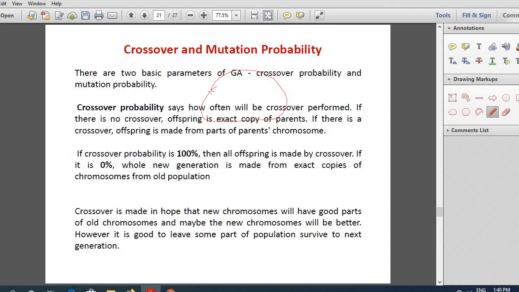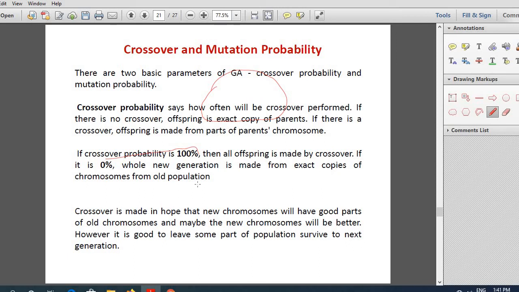For example, if the crossover probability is 100%, then it means that in the next generation all the offspring should be made through crossover. But sometimes you can fix the crossover probability as say 80%. It means that 80% of the offspring of the next generation should be made by crossover, and the remaining 20% the parents themselves can be shifted to the next generation as offspring.